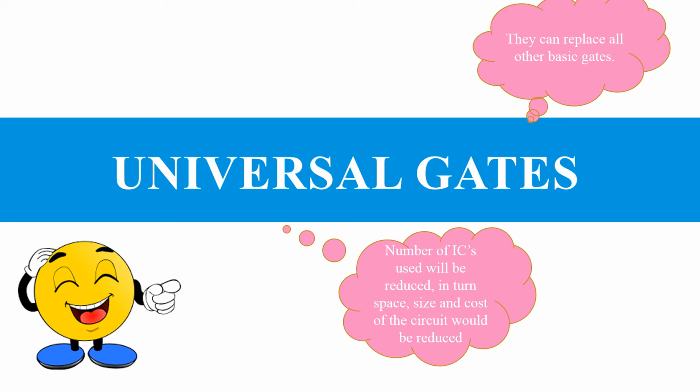In turn, space, size and cost of the circuit would be reduced. So this is the reason behind why we strive and drive towards universal gates in our circuits. And I'll justify the same with a sample example circuit after explaining NAND and NOR. So first we will